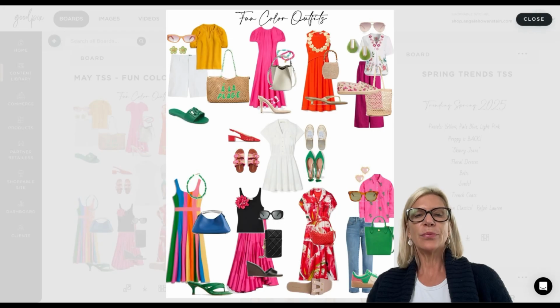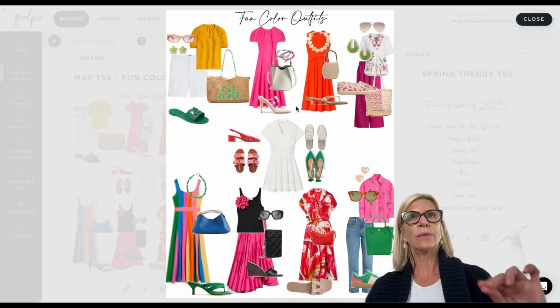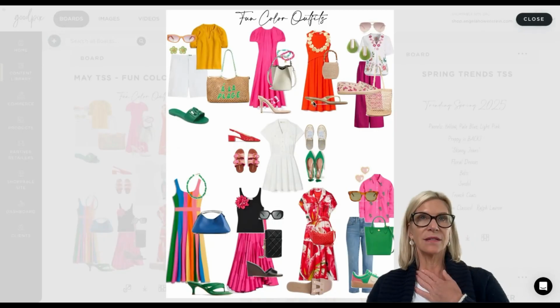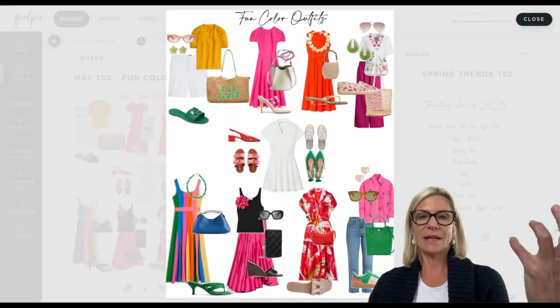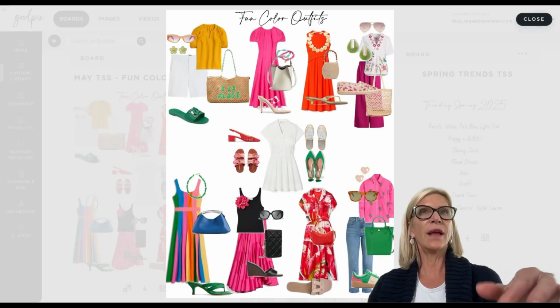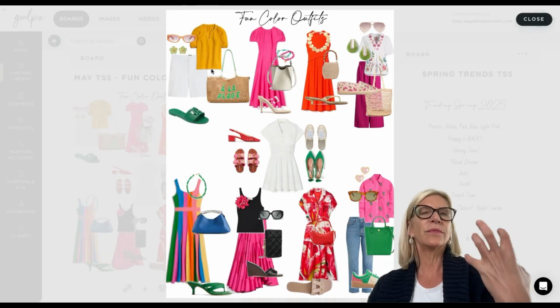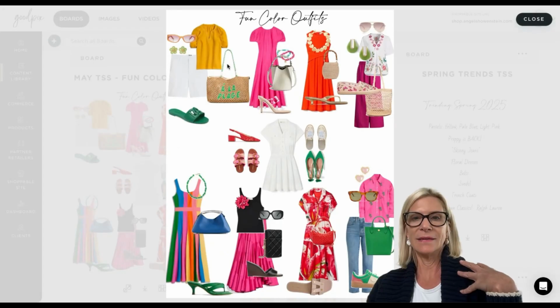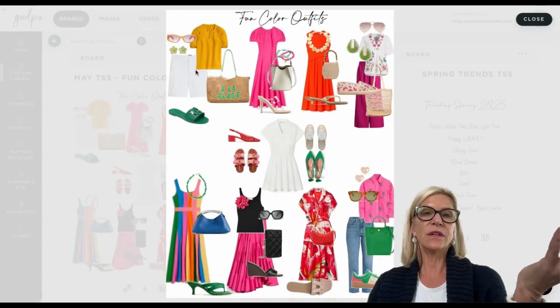You want to jazz it up with some color, and do that with your accessories, your shoes, your bag, your earrings, your necklace. And then when you are wearing something that's got a little more pizzazz, this dress down here, you might go for a more subdued beige shoe, beige bag, or something that's just going to blend in. But I love the way this one, for instance, we're kind of working off of these cute earrings